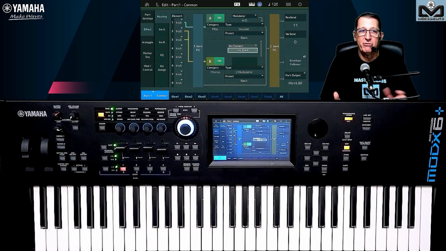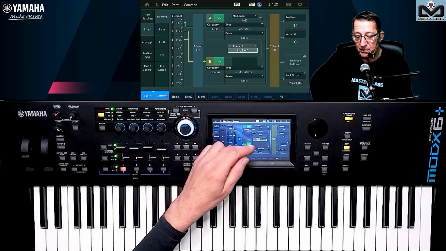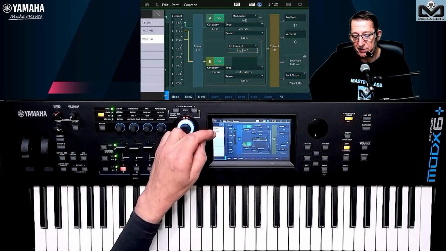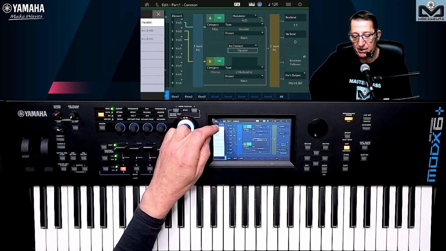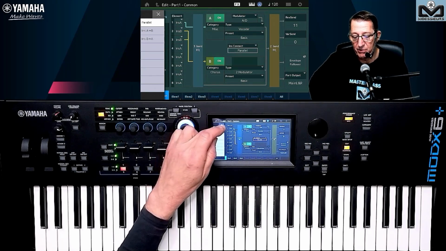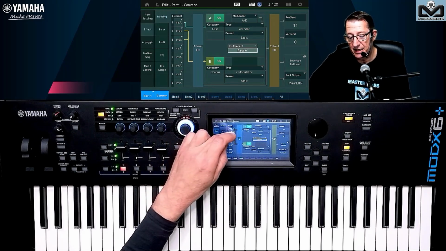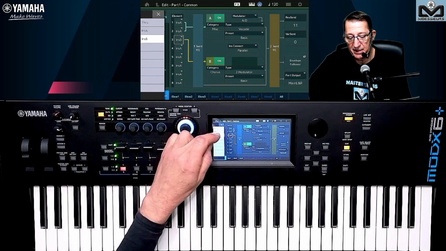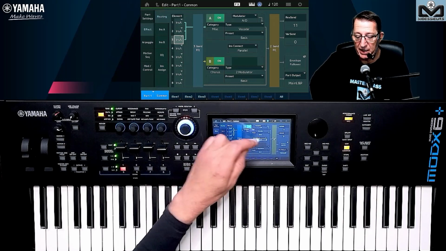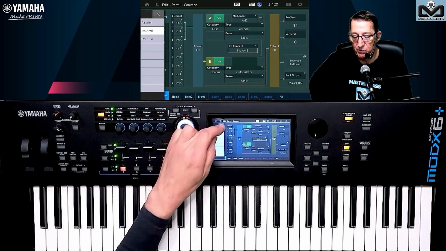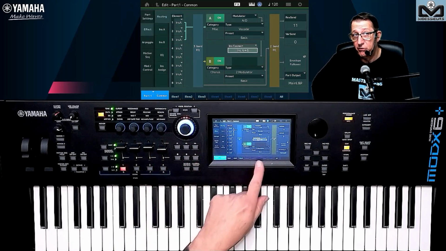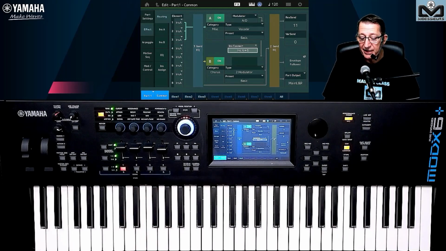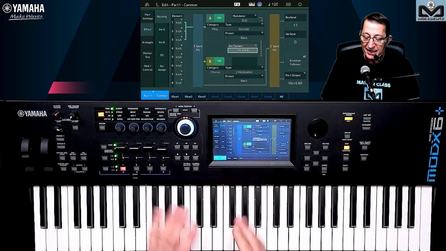Very interesting way to work like this. If you do not want it this way, you can not let them run in parallel. Instead, you can pass through insert A and insert A like this, and everything goes through, and after that you can go from insert A to B, and here all the elements go through the chorus. So depending on what you want to achieve, you can manage things like that.